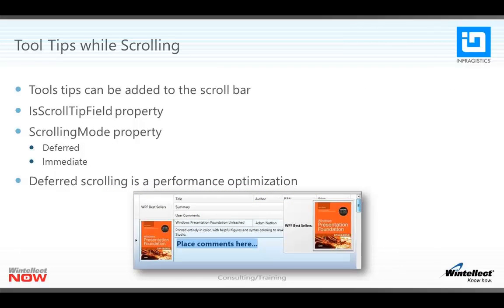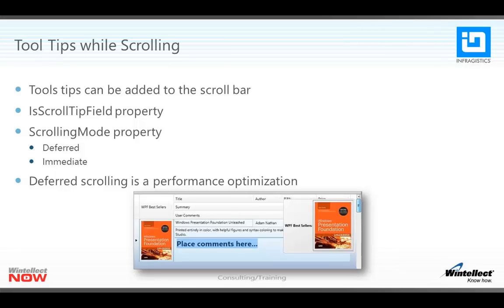The XAMPP Data Grid allows tooltips to be added to the scroll bar. The tooltip will display the value of one field in the record. The IsScrollTip field property determines that field. You can remove the tooltips while maintaining the performance of the deferred scrolling by changing the scrolling mode property to